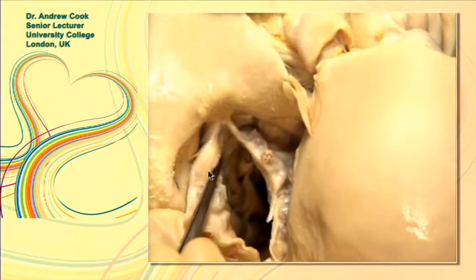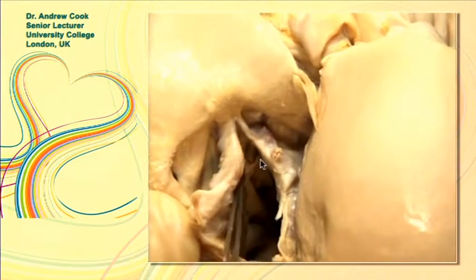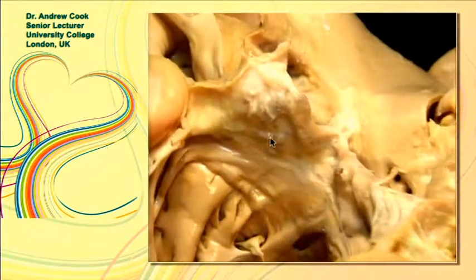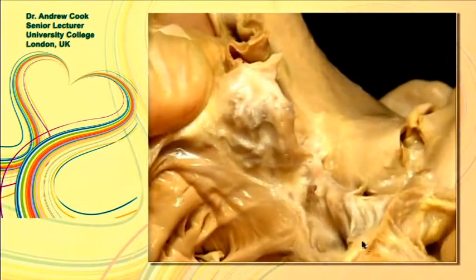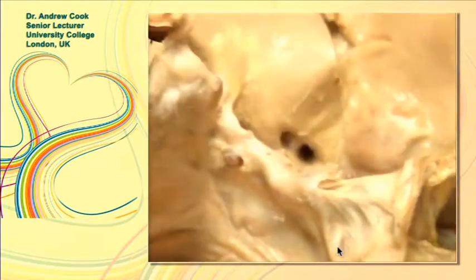Notice it's on the arterial side of the leaflets, and it extends really into the base of each of the leaflets, so they're quite rigid and they don't fall back into the sinus as much as they should do. You can see the annular attachment of the valve, very small interleaflet triangle here, and just here. So the question is, should we be putting transcatheter valves in this sort of